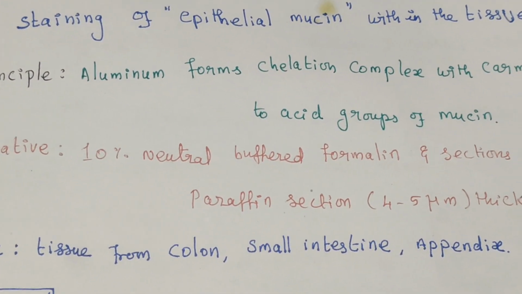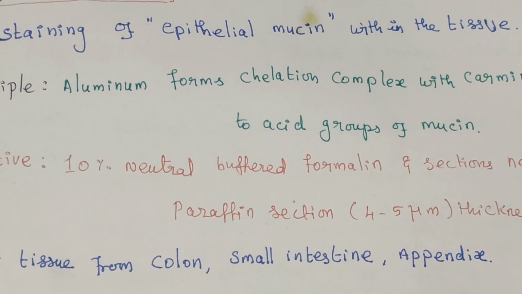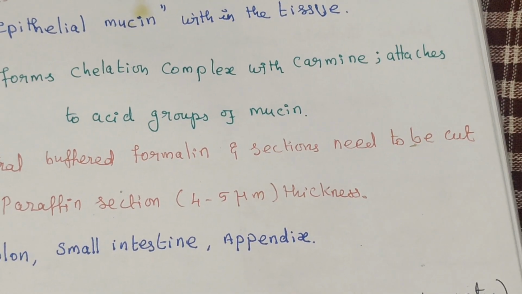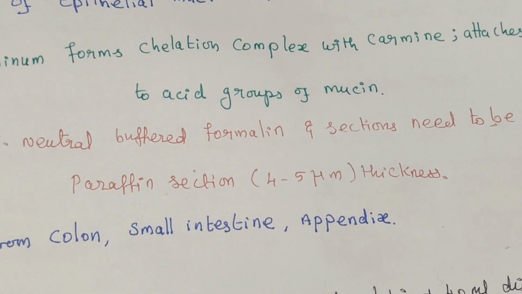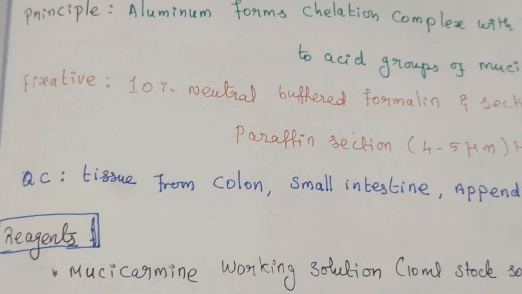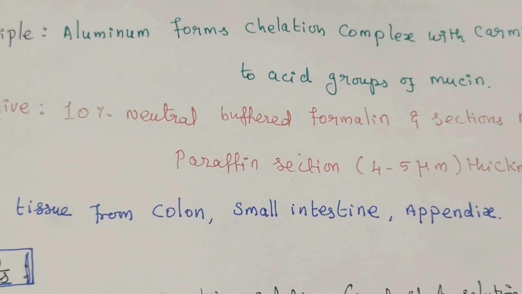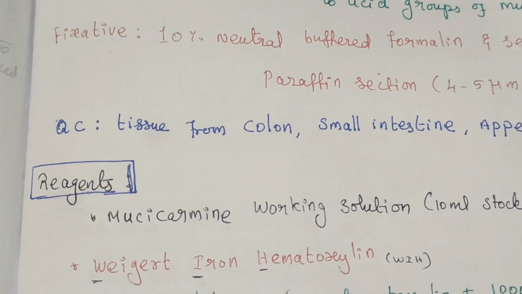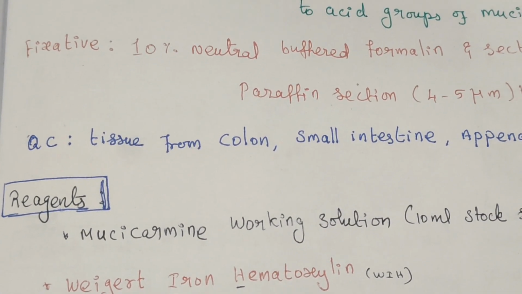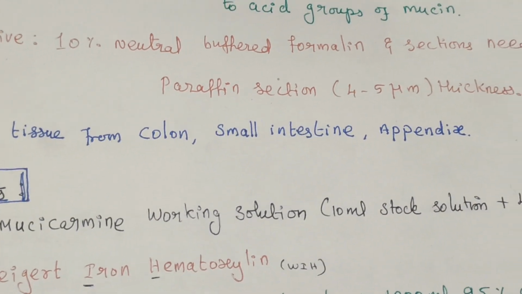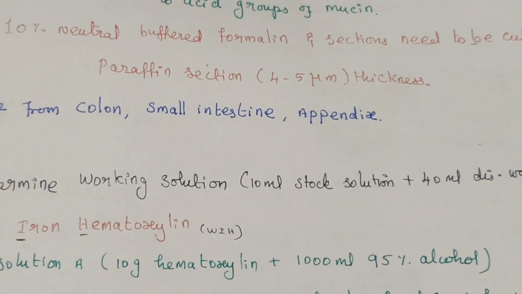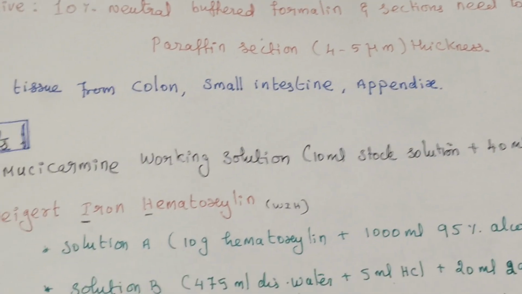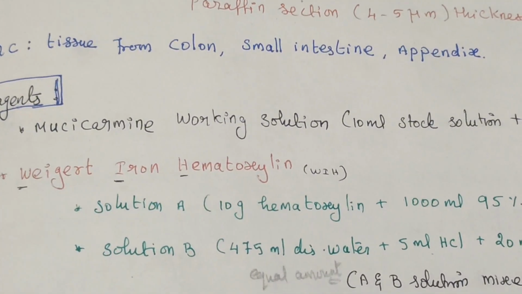The fixative needed is 10% neutral buffered formalin, and the section needs to be a paraffin section of 4 to 5 micrometer thickness. For QC, use tissue from colon, small intestine, and appendix. What are the reagents we are using? Mucicarmine working solution, containing 10 ml of stock solution, 40 ml of distilled water, then Weigert's iron